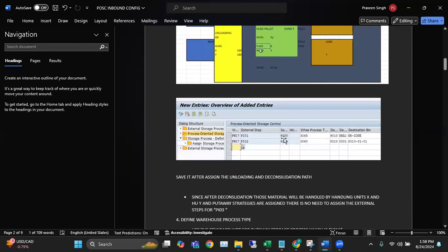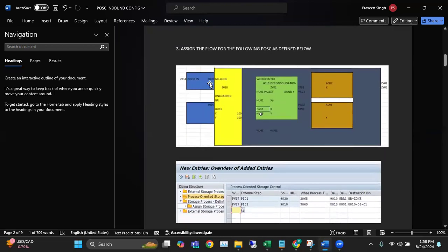So here, why have we given 9030? Because this is the standard number which we give for the door, which is 9030. And here, what is the destination? GR zone. So for this whole PI01, the source is 9030 and the destination is 9010. That's the reason we have given GR. This is the destination bin, which is GRA1, which we created for the 9010, and the destination bin is GR